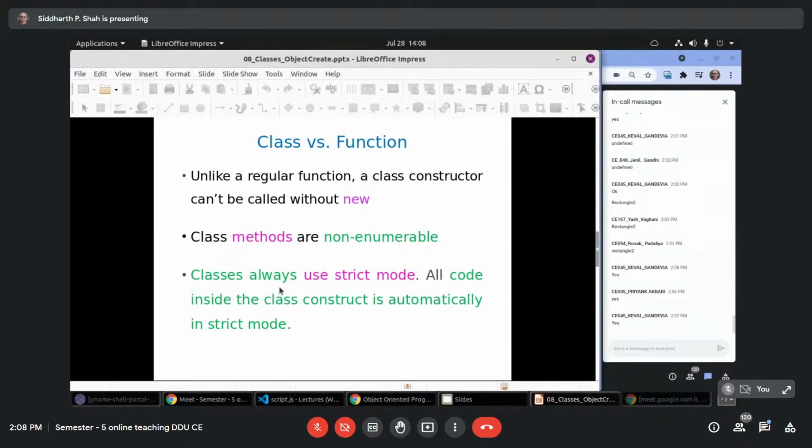Classes always use strict mode. All code inside the class construct is automatically in strict mode. So these are some features you need to know regarding class. When we compare class and constructor function, we need to understand these three things.